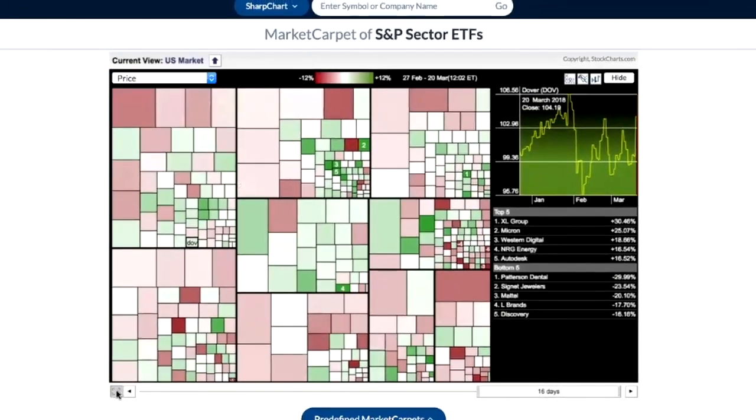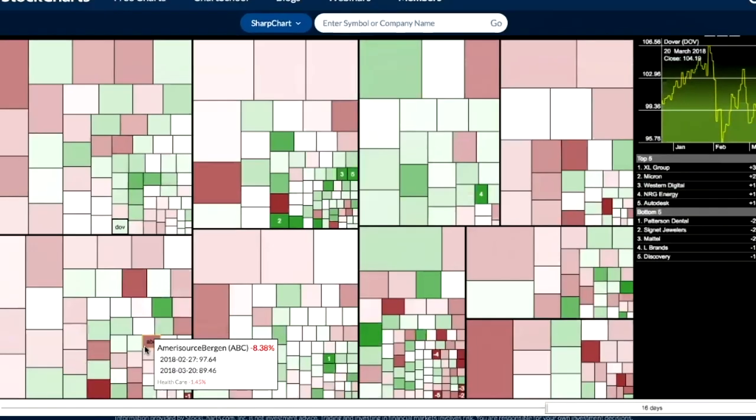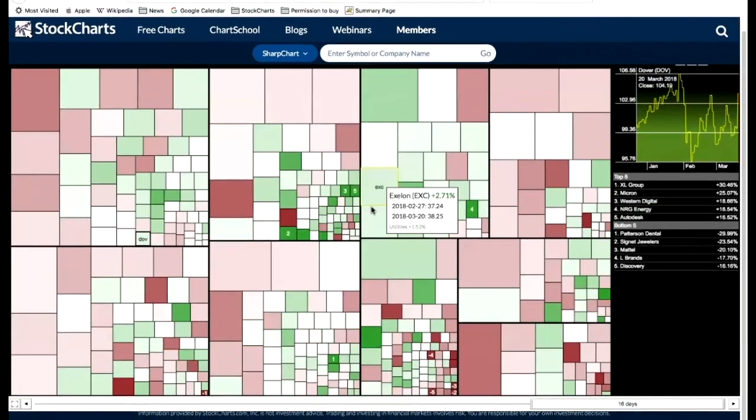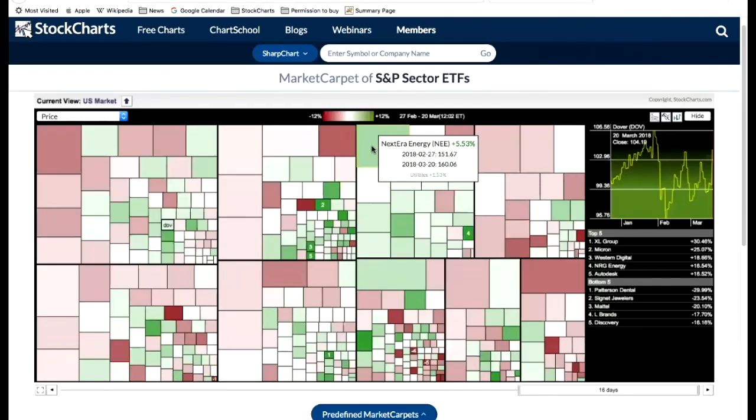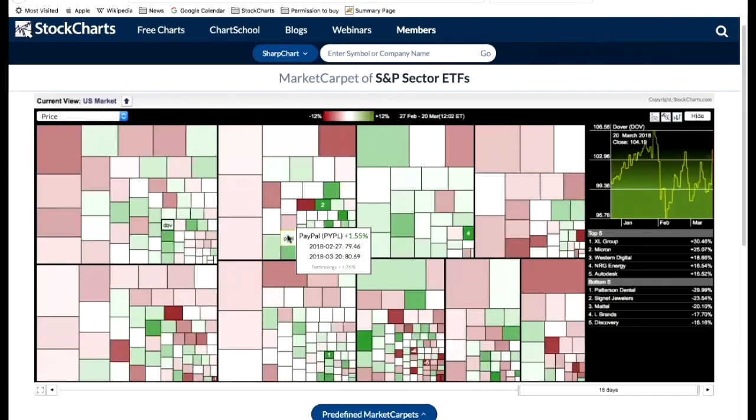Also, if we'd like to go a little bit bigger, we can hit the full screen mode. That's useful for presentations and whatnot. You can toggle that by this square at the bottom. And that's pretty much most of the features for the market carpet. What we'll do next is show you how you can look at your own. So if we go back to the members,